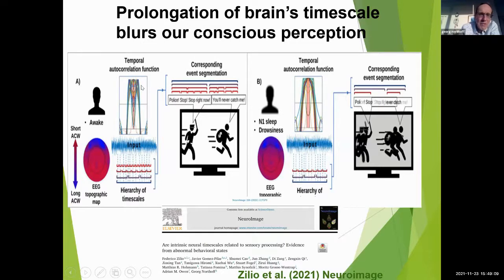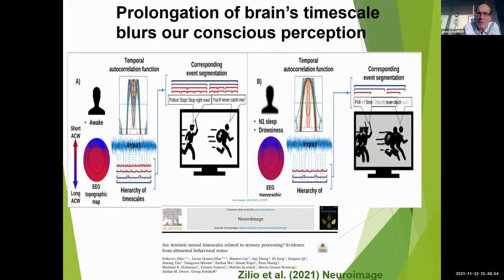So if you have shorter timescales and a variety of different timescales, you can really segment this scene, like a police officer following a thief, in its different timescales. You have shorter timescales for each of these words or syllables. You have longer timescales for a whole word, and even longer timescales for the whole sentence. And visually, it's the same thing. You can depict this action in time, so you can perceive him as separate, temporally distinguished, but you can also perceive that this one is related to this one because you have a longer timescale where it integrates